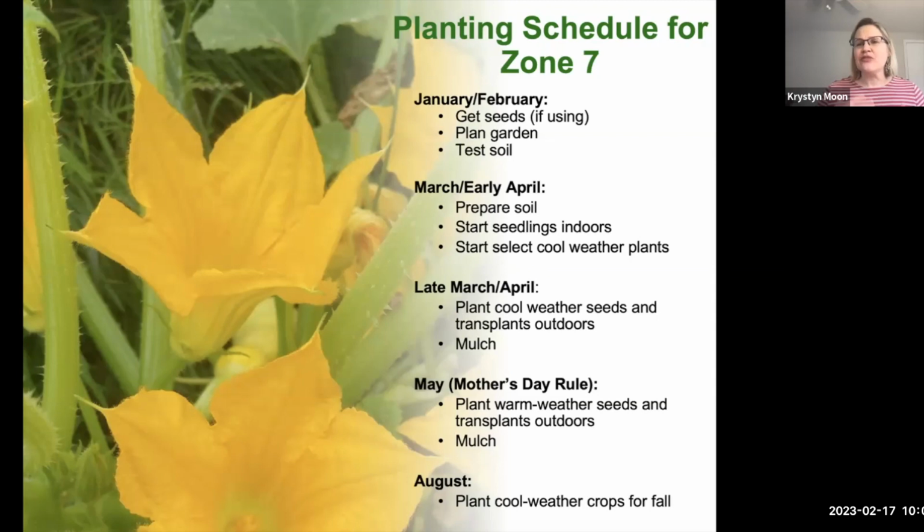For May, that's really the warm season in terms of our gardening plants. And you can usually use what we call the Mother's Day rule. So early to mid-May is often a good time to get those out and about. Finally, because we're in Virginia, we do have, relatively speaking, an extended growing season. So in mid to late August, and you've got to pay attention to the weather because it can get a little too hot for this,